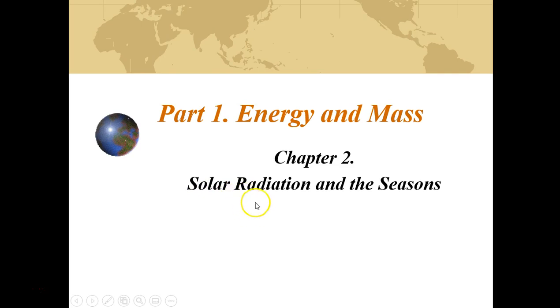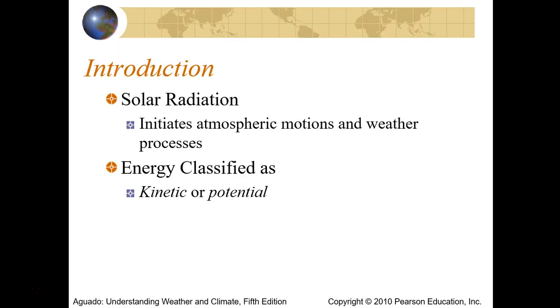I really like chapter 2. I really enjoy understanding the seasons. When you look at monuments like Stonehenge, or if you go to Cahokia Mounds in southern Illinois, we realize that humans for thousands of years have been trying to build monuments either made of stone or wood, or maybe even the pyramids in Egypt, to track the movement of the sun and try to understand the movements in the sun and how they give us a sense of time of year. And that's what we'll be doing here in chapter 2.